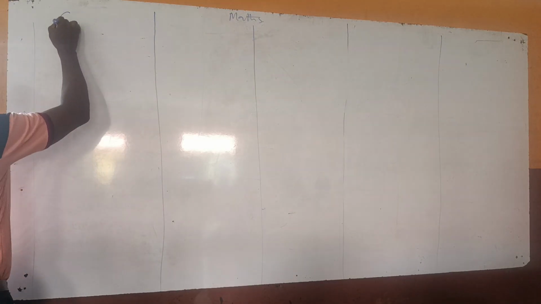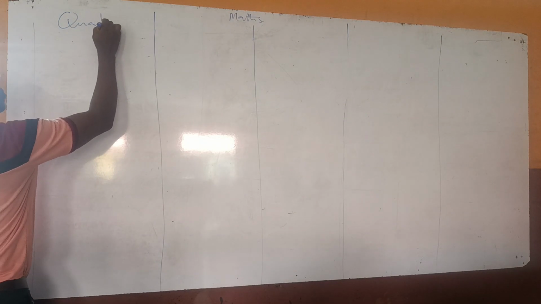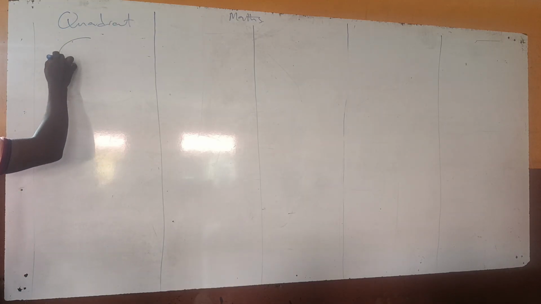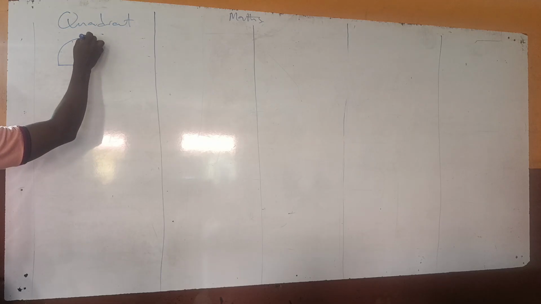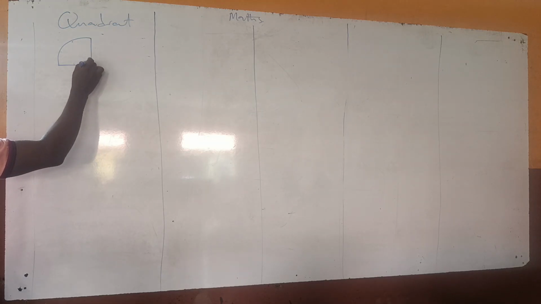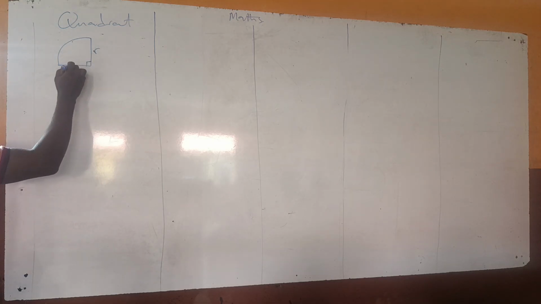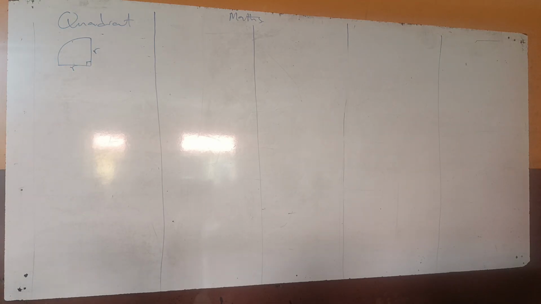Now, quadrant. Your quadrant is a circle divided into what? Into 4. That's a quarter of a circle. Okay? So it's actually a sector, a quarter circle where you have radius here, radius here. Okay? So your area